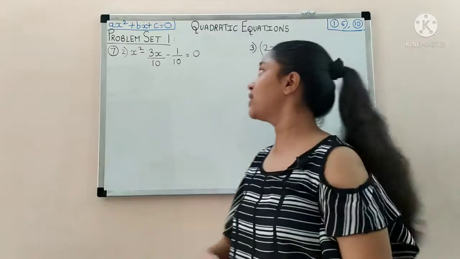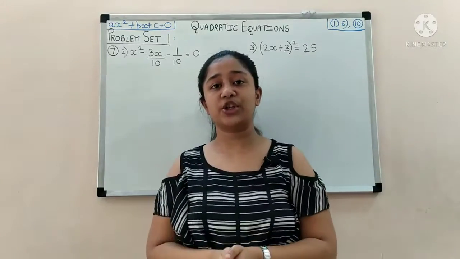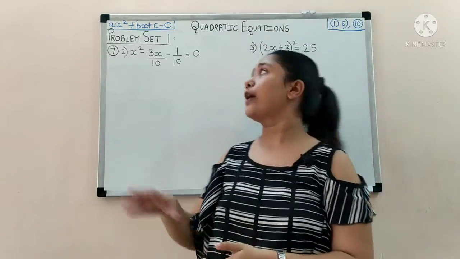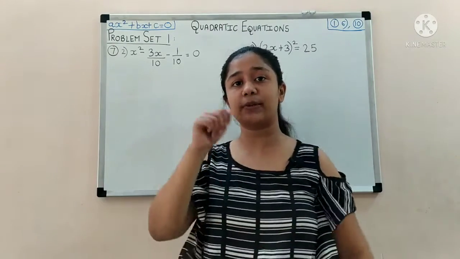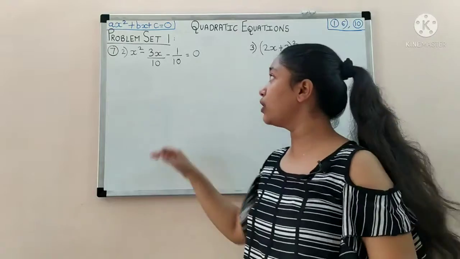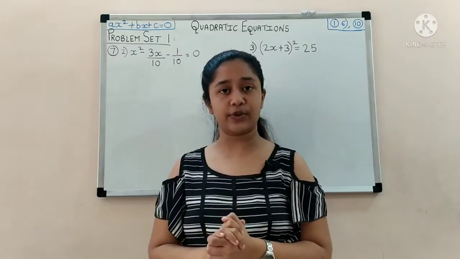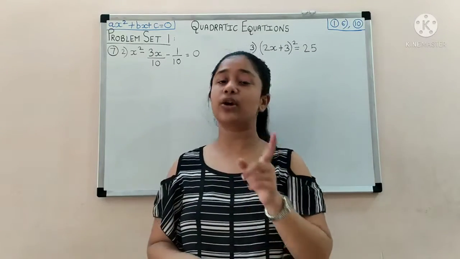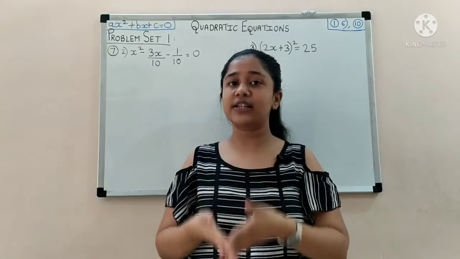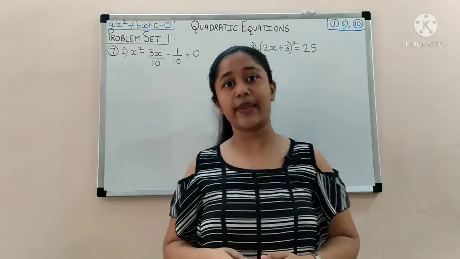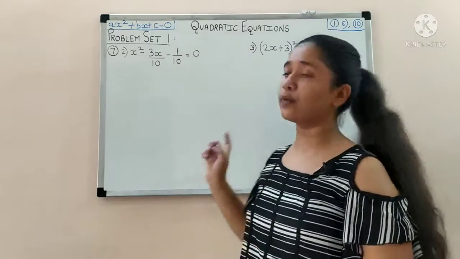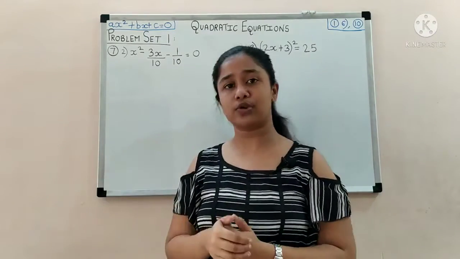Okay students, now let us start with question number 7. Now in question number 7 we have 6 questions. So I am explaining these 2 questions since the formation of the quadratic equation is what you need to see first, and then you will be able to solve the quadratic equation. The other 4 sums are very easy, so I want you all to practice them, because this chapter is where we have learned to solve quadratic equations and question number 7 also says the same. So I will show you the simplification part, then you can solve further.